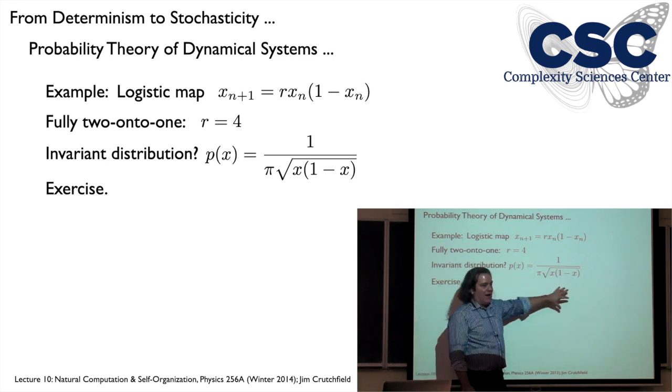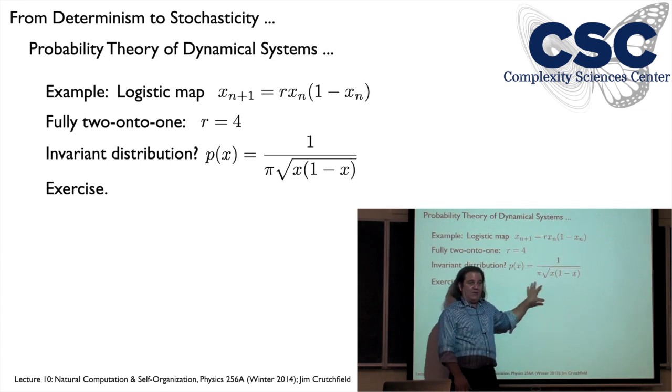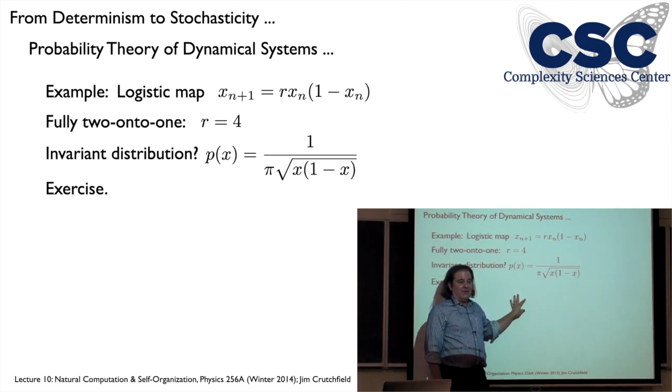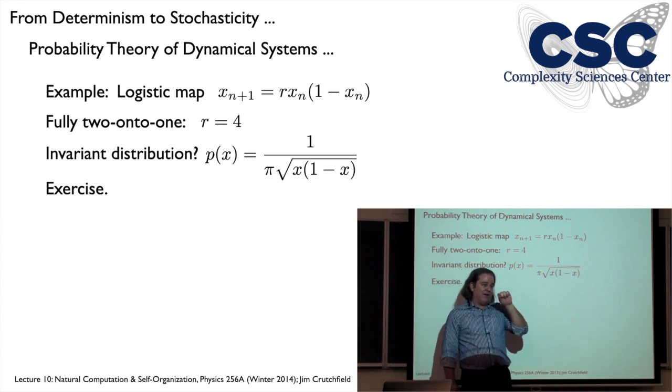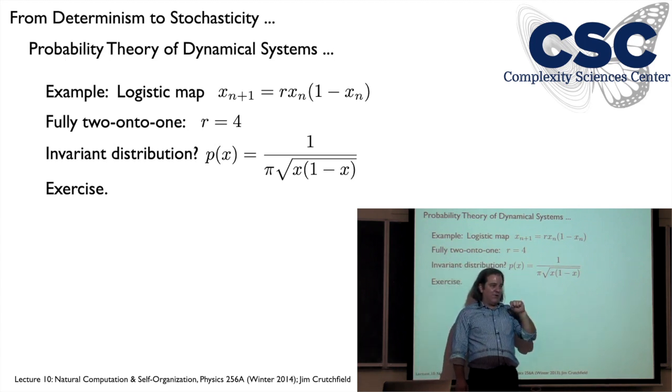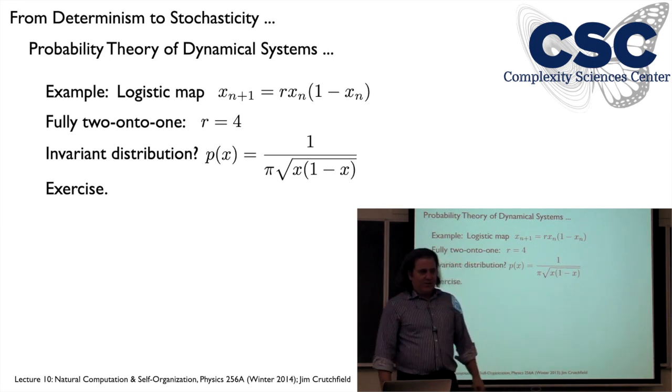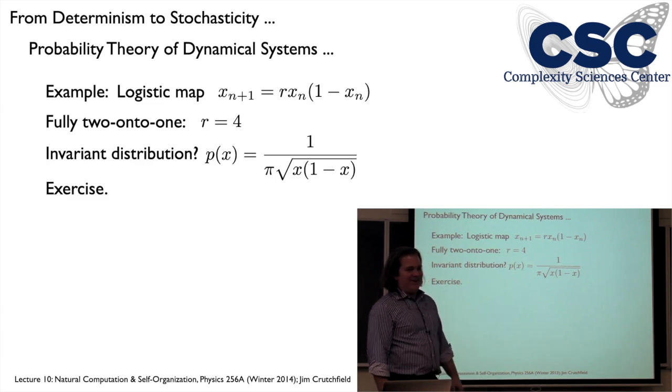So it turns out there's a conjugacy, and this is what the homework exercise is, that steps you through going from the logistic map at r equal 4 back to the shift map, such that you can show that orbits of the shift map under this coordinate transformation become orbits of the logistic map. So in other words, you don't really end up doing a hard integral. You simplify the problem first.